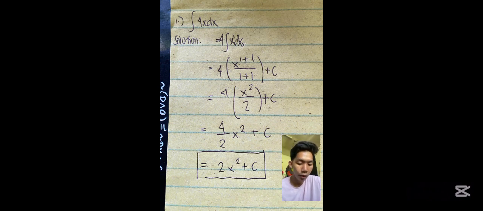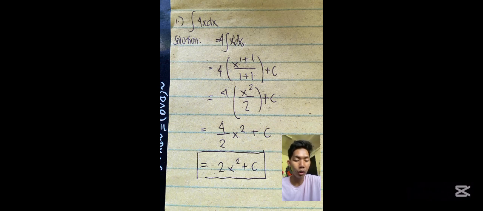And if you're wondering where we got the x to the power of 1 plus 1, in the mathematical rule, x is equal to x to the power of 1, and the denominator, which is 1 plus 1, is n plus 1, where n is the power of x, which is 1. So second, inside the parentheses we add them all together, which is x squared over 2,